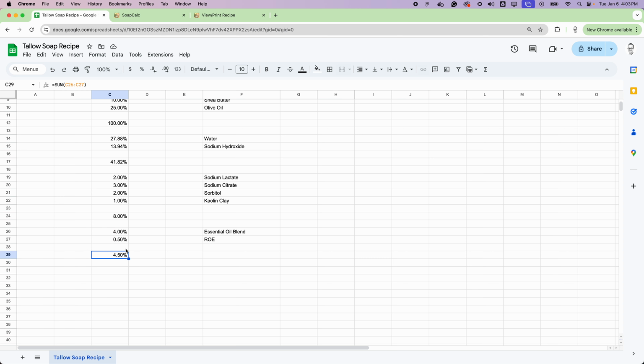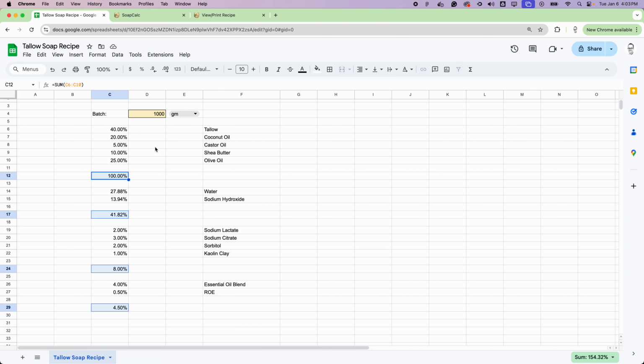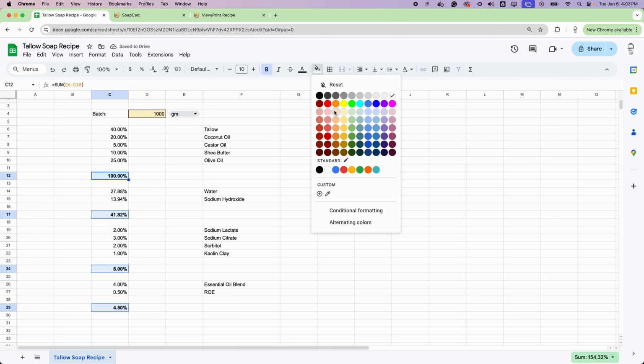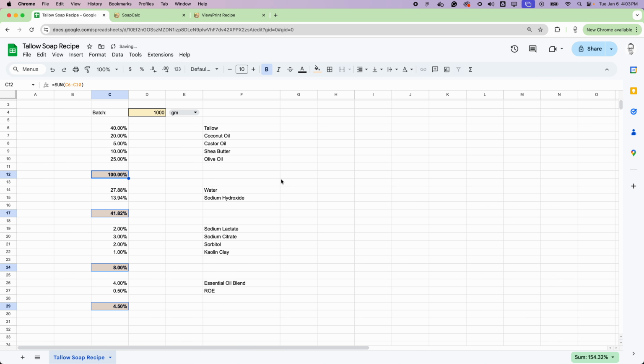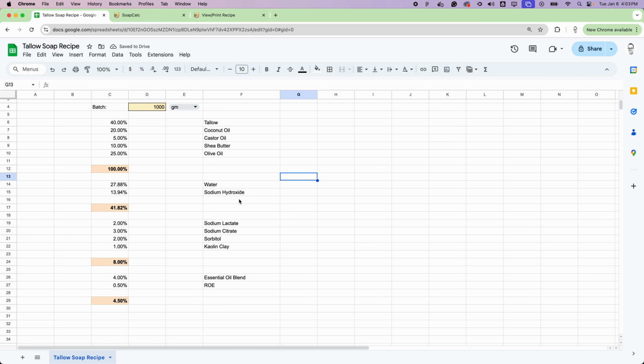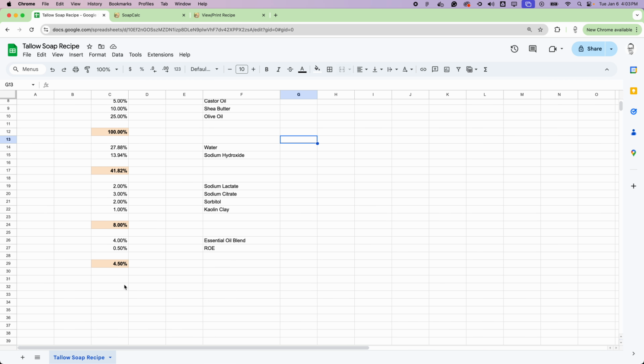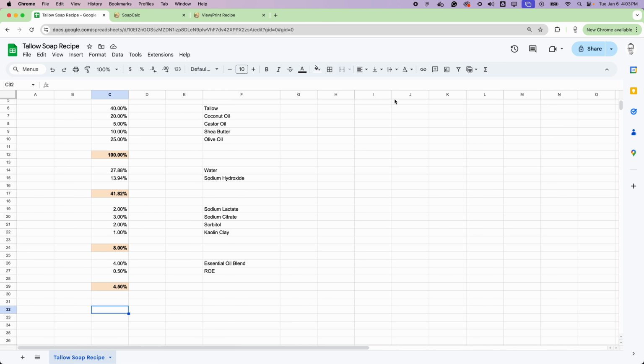And if I hold my control key down on a PC, or my command key down on a Mac, you can select multiple cells. And I want to bold these, and let's say I want to color them differently because I know they're totals. That's what I do. And at the very bottom, what you could do is get your total batch